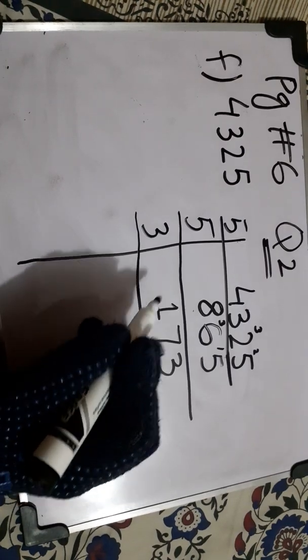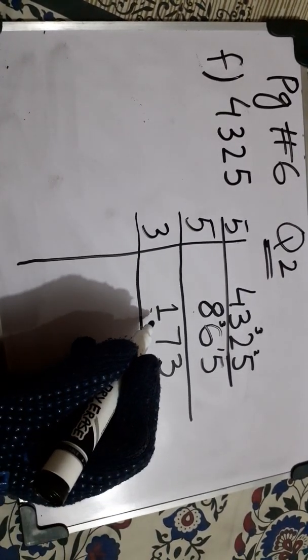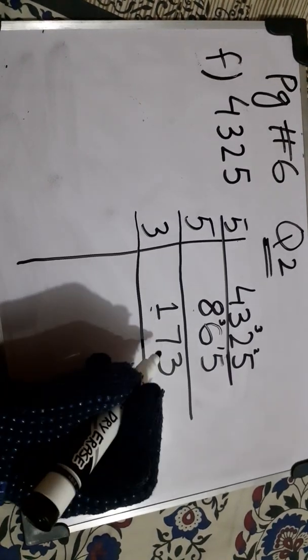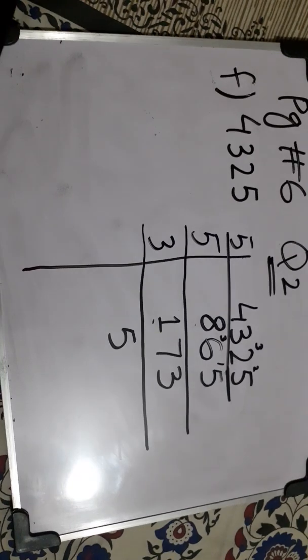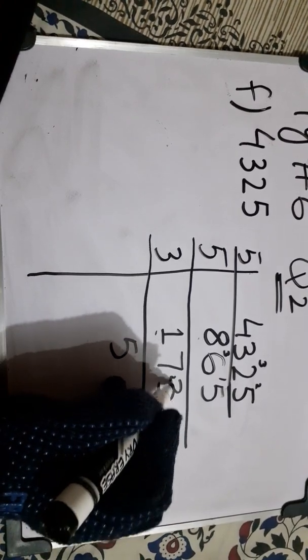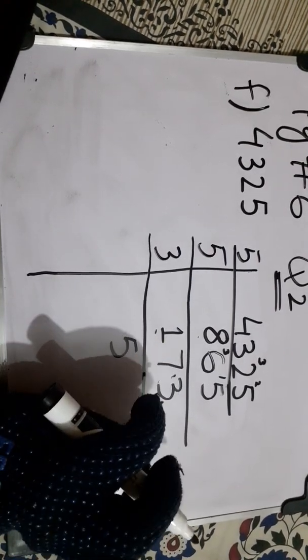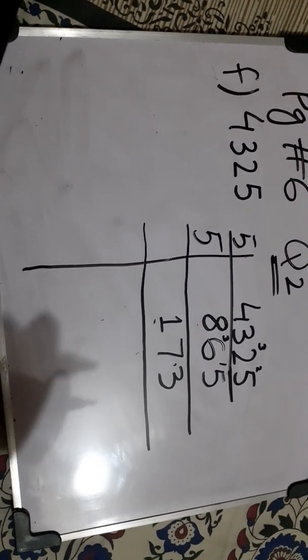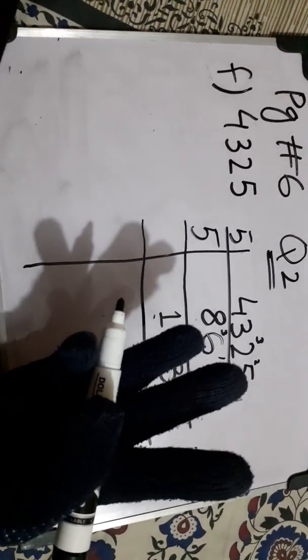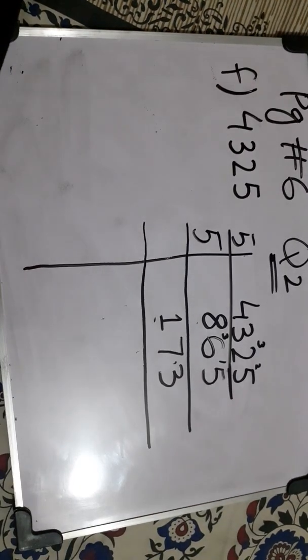Okay, 173. We will take 16. We will take 17. What comes smaller than 17 in the table of 3? 15. 3 5s are 15. We have 2 left. So it becomes 23, and 23 doesn't come in the table of 3, which means it cannot be solved with 3. We have 173. So we checked: it doesn't come in the table of 2, it doesn't come in the table of 3, and it doesn't come in the table of 5 either, because the last number is 3.